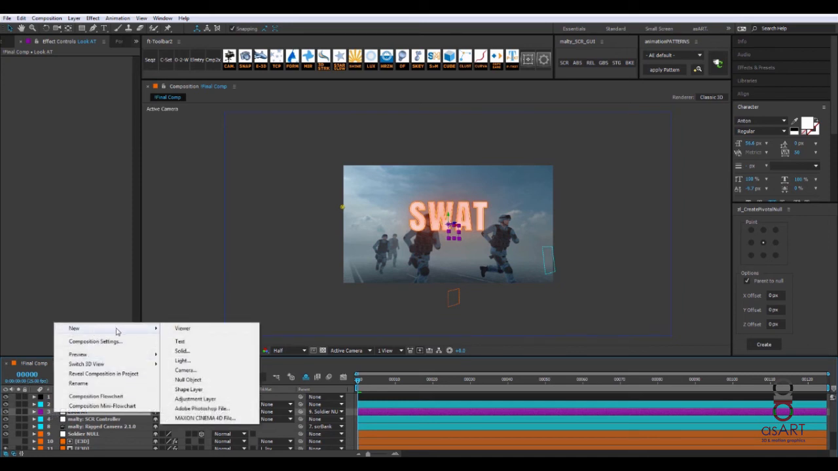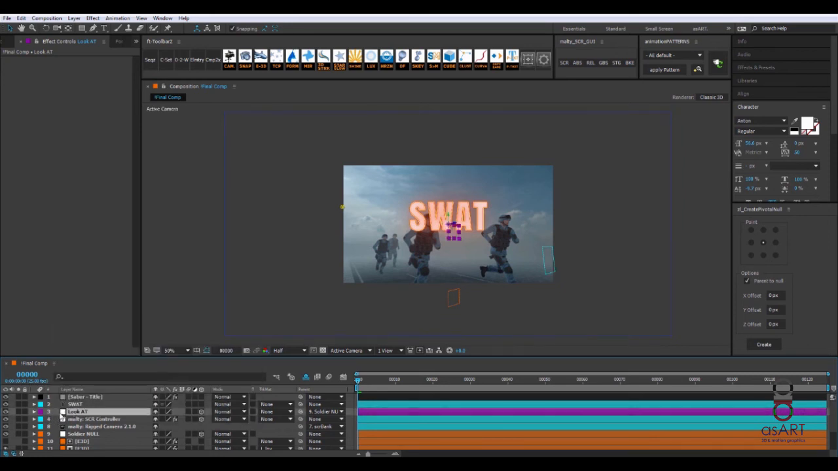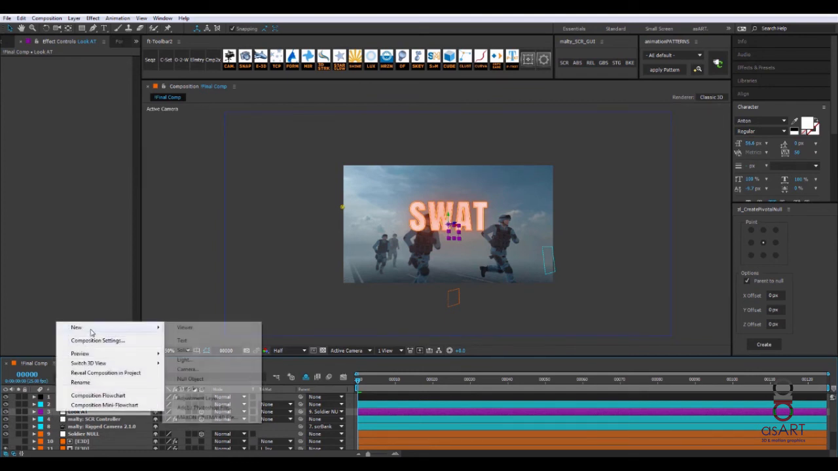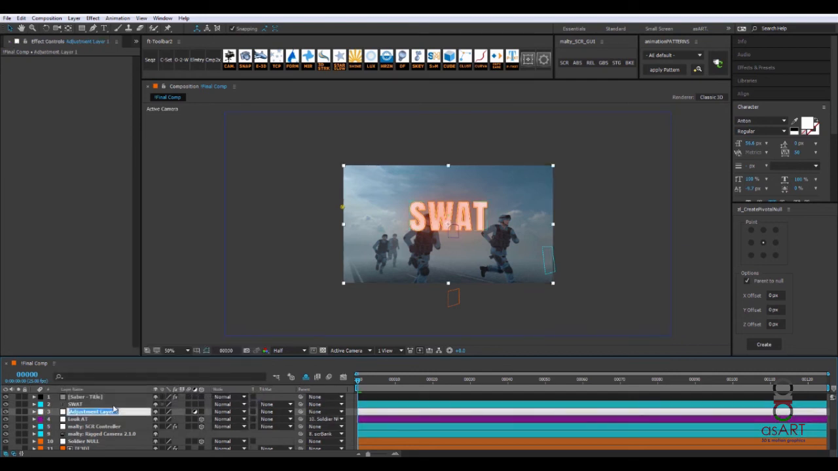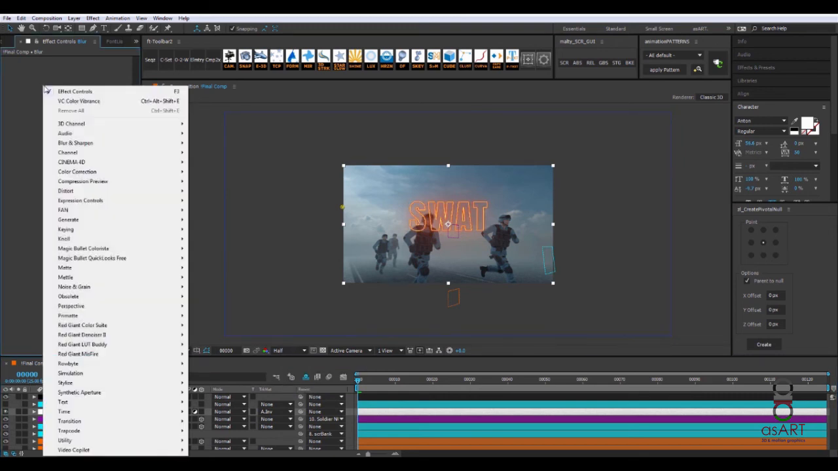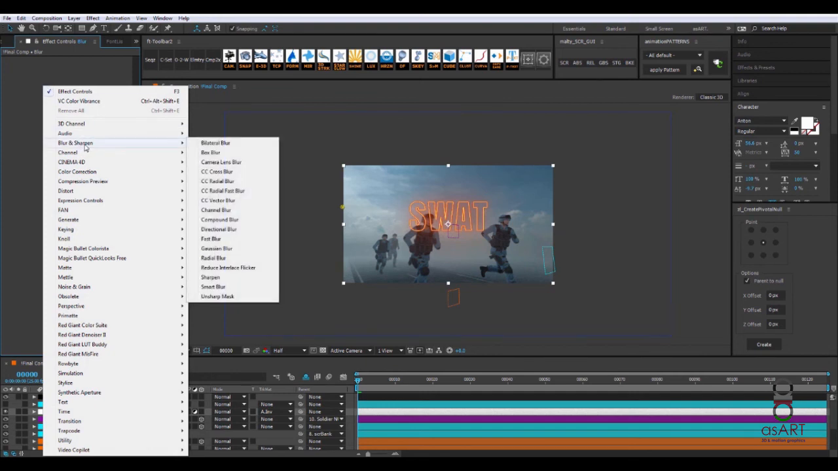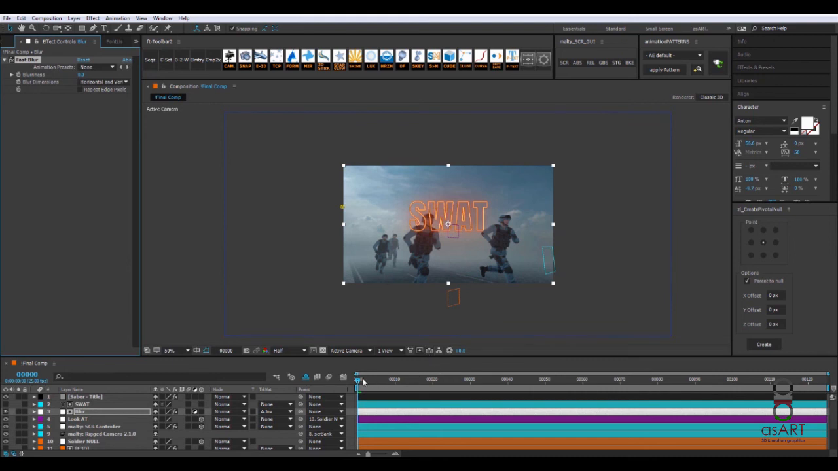So right click just between the name and the number, right click here, go to new and create an adjustment layer. Call that blur and set the track mat to alpha inverted. So on this blur we're gonna put the blur effect on it, the fast blur, and animate that guy